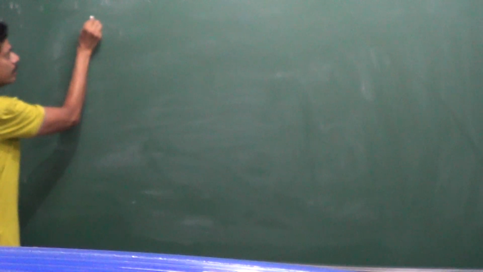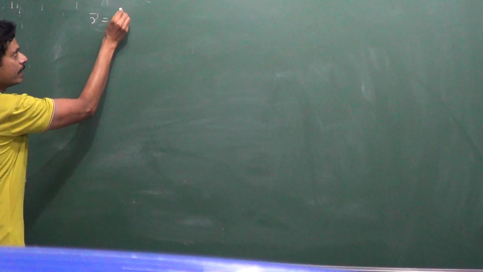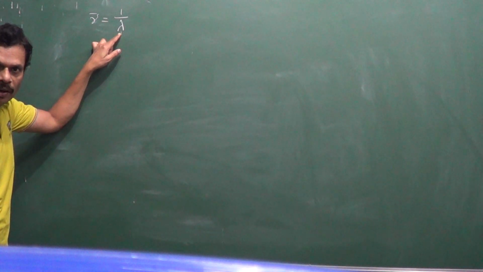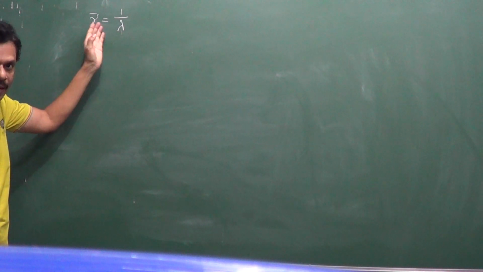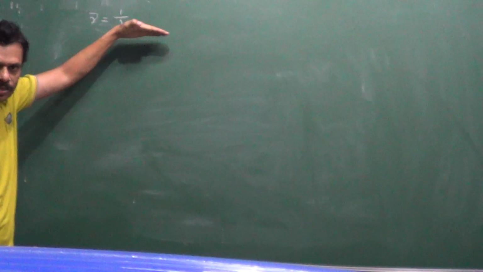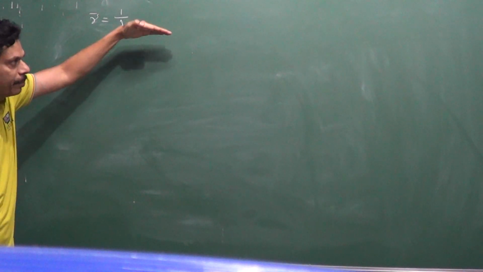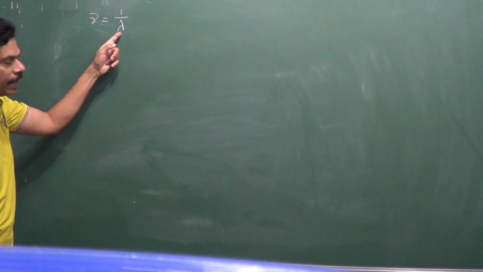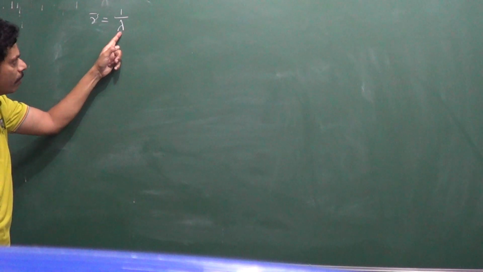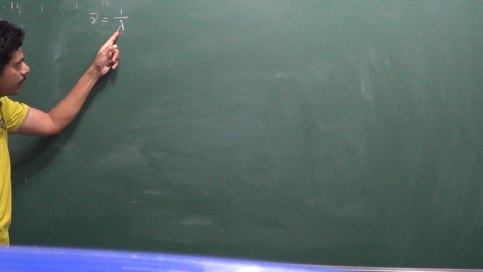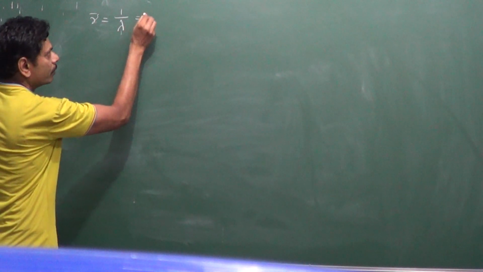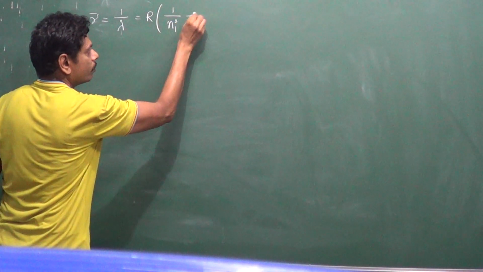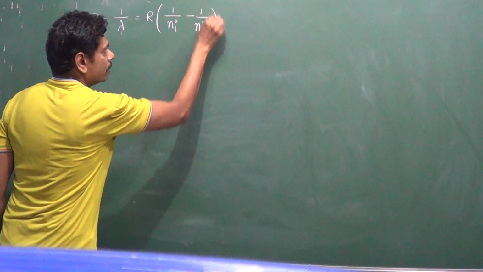So I will write it here, just observe: nu bar is equal to 1 divided by lambda, where lambda is the wavelength of radiation emitted when the electron is jumping from one energy level to another, maybe higher energy to the lower energy. Whenever the electron jumps, energy is liberated in the form of radiation. That radiation wavelength is lambda, and that is equal to R into 1 by n1 square minus 1 by n2 square,